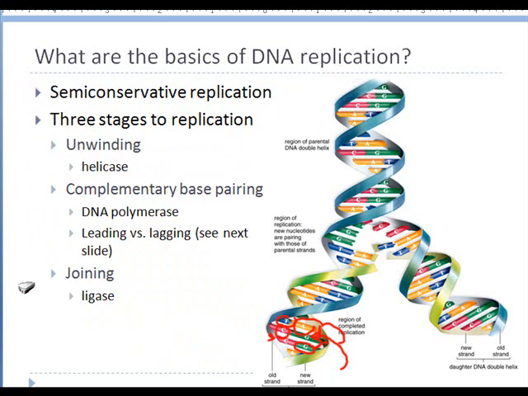Then we have the DNA polymerase, which will actually be present in both cases, but it actually helps in reading the template and bringing the nucleotide. And the third enzyme, which is the ligase, which joins the nucleotides. So now that we've understood the three different enzymes and their role, we will now go into a little bit